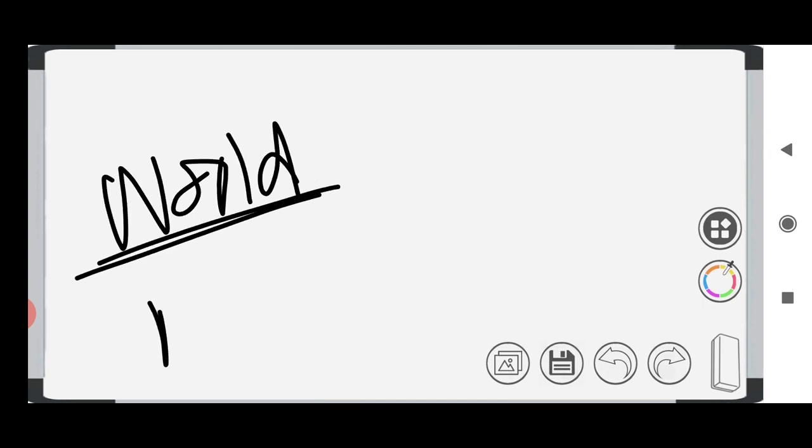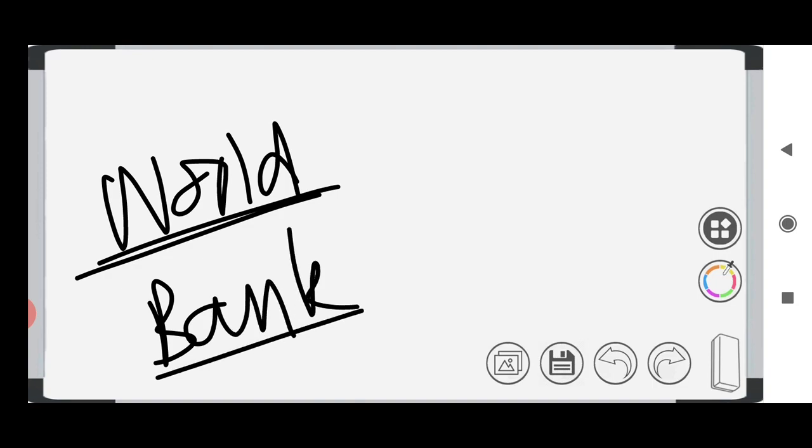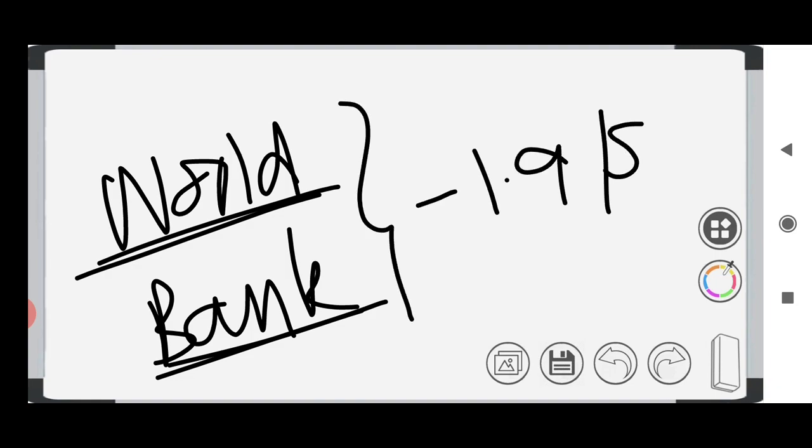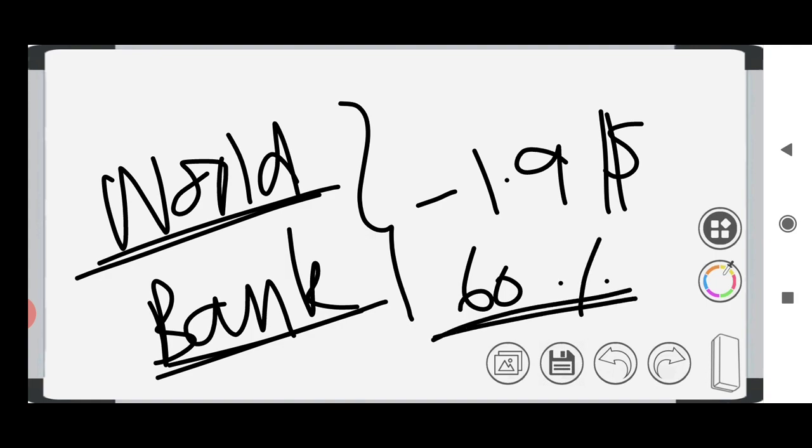So if we talk about it in an international way, World Bank is the one which suggested the international poverty line. They gave a suggestion. They said that if a person earns $1 per day, then he can satisfy the basic needs. Based on the World Bank report, there are around 60% of the people below poverty line in India. But based on our calculation, there are only around 25% of people below poverty line.